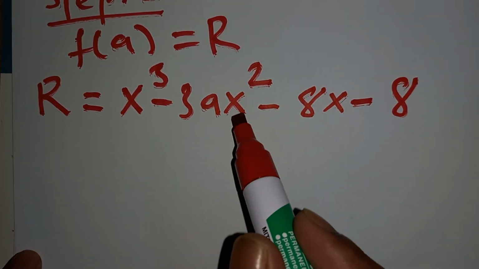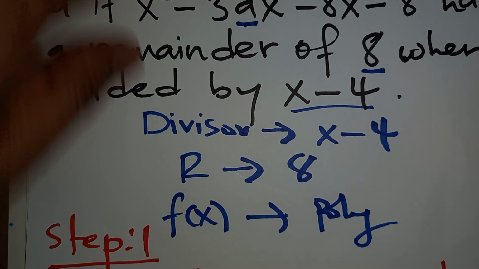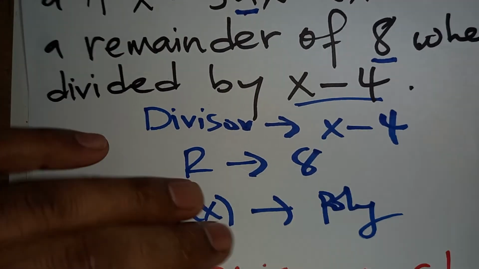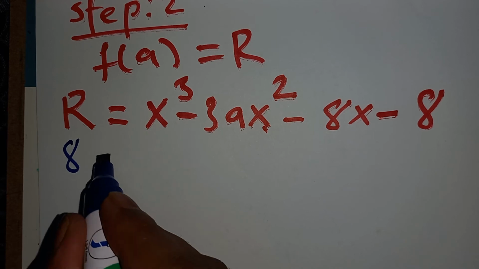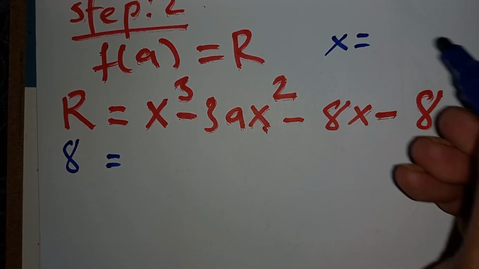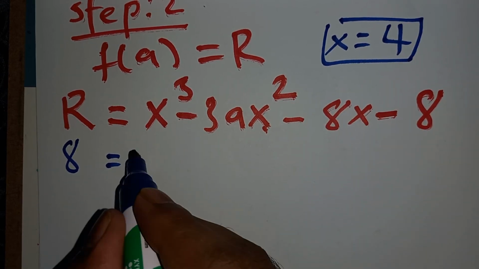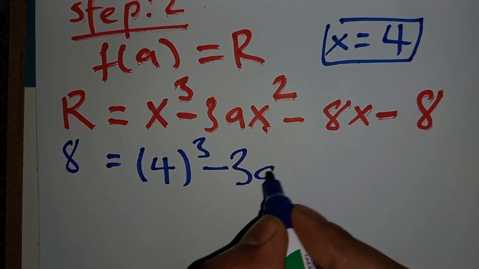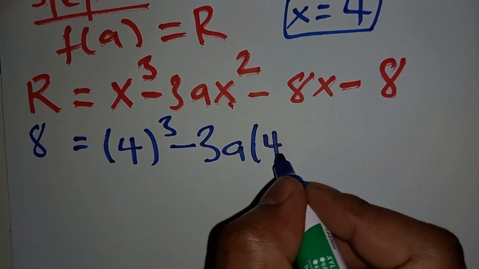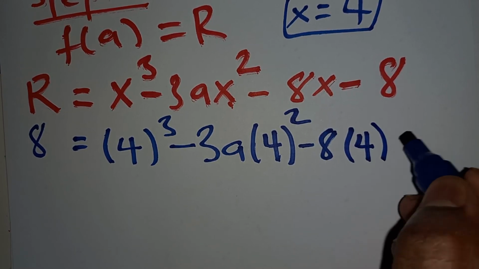Now, like I said, wherever you see x, you are going to substitute 4, and our value of r you already know that it was 8. The remainder is 8, right? So whatever you know, put it down. We have 8 here. Now our value of x that we found was 4, right? So wherever you see x, substitute 4. So it will be 4 cubed minus 3a into 4 squared minus 8 into 4 minus 8,